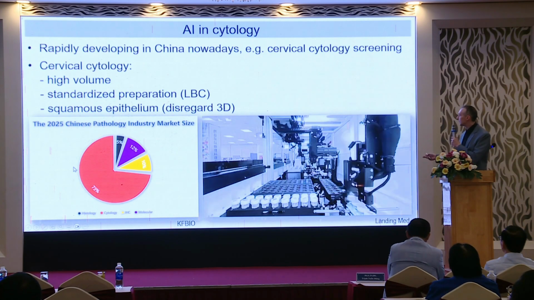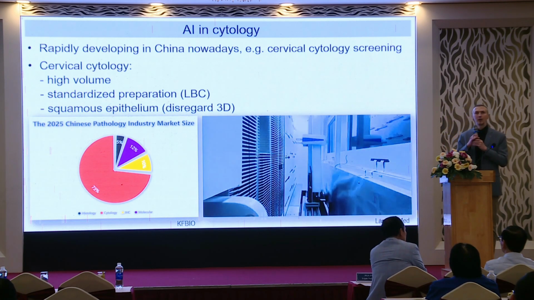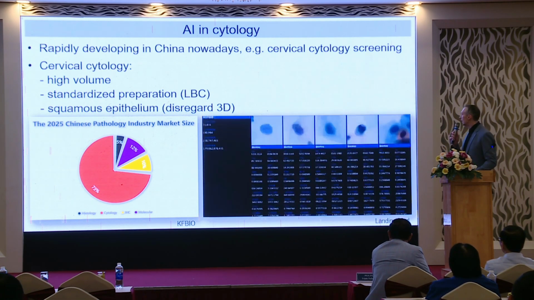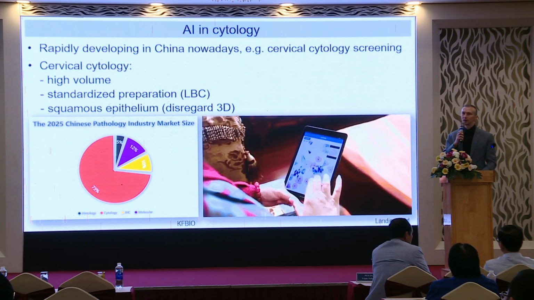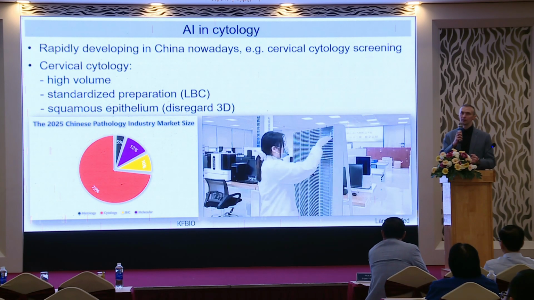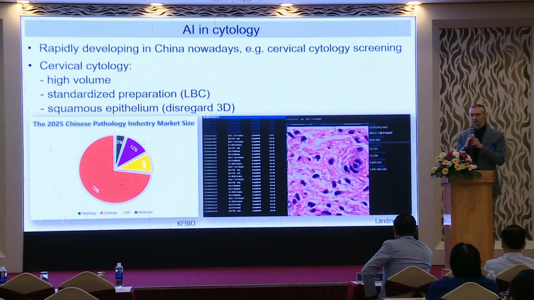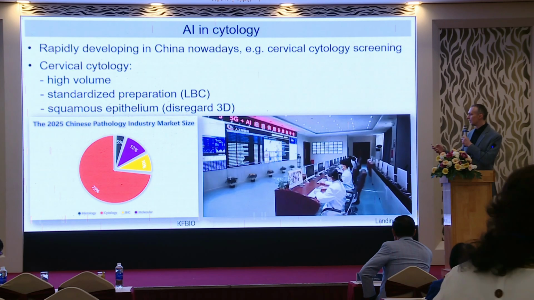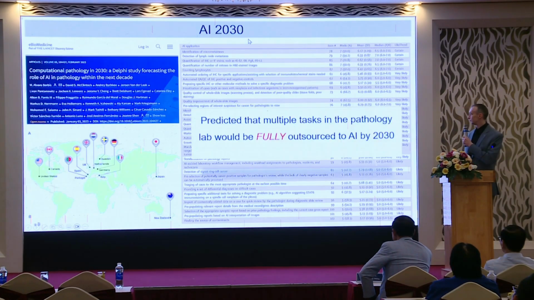And this is a video which came from another Chinese company, also manufacturing scanners and having AI solutions on top. And they're working on an unbelievable scale. We visited their lab about a year ago, and on the provincial level laboratory, they're running about 10,000 cases per day. This is huge, and this is just a province. And if you upscale this to the level of the country, you can get the answer why it is rapidly developing in China nowadays.